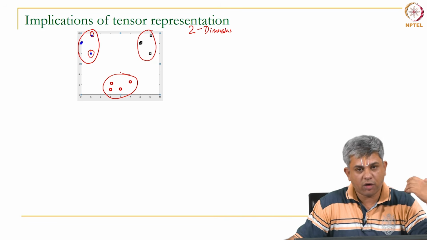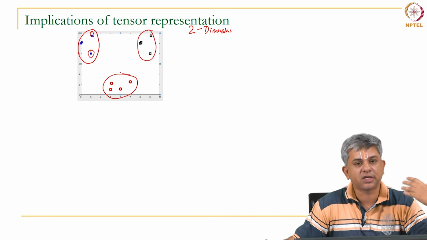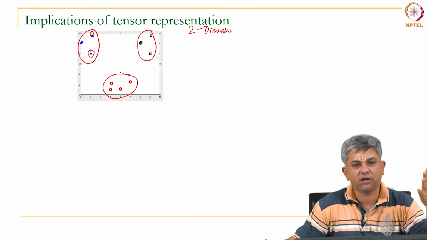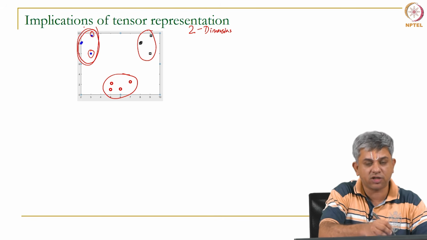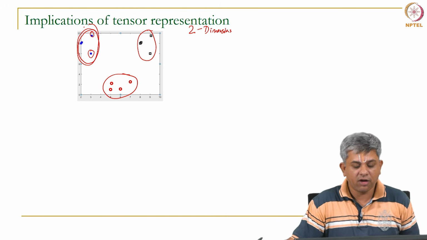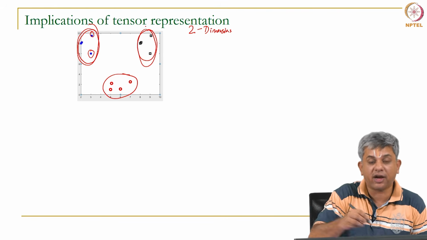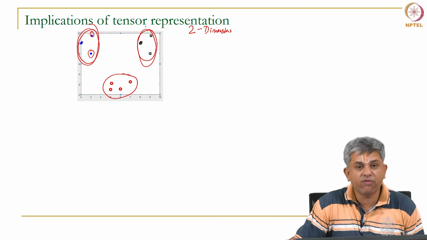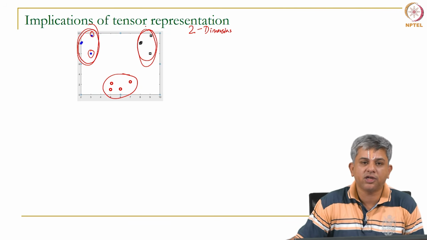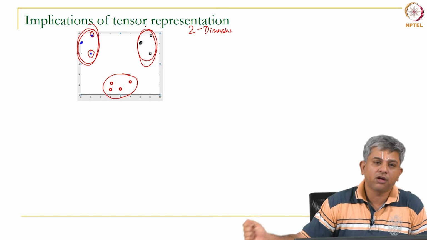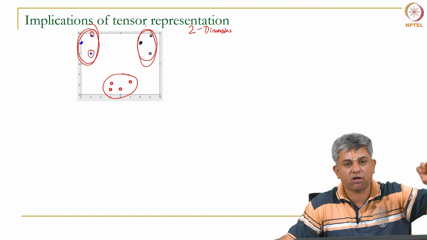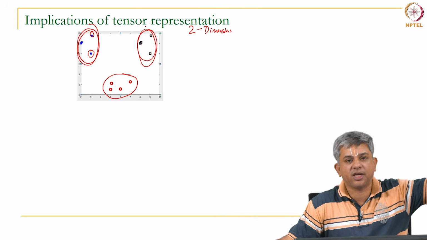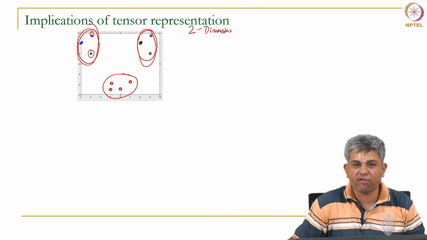Now, this need not only be an image, it could be sounds. Maybe people who speak, if I have a speech signature, maybe all of my speech signatures will land up in the same part of the graph, and somebody else's speech signature will land up somewhere else. It could be words. If you could somehow turn every single word into a number, then maybe words with similar meanings or similar implications or close relationships land up in the same part of the graph. This is actually a profound implication.